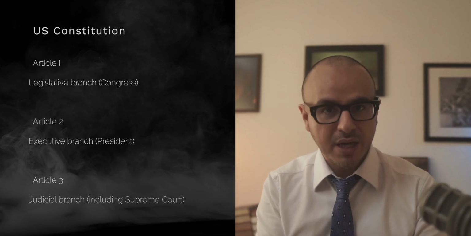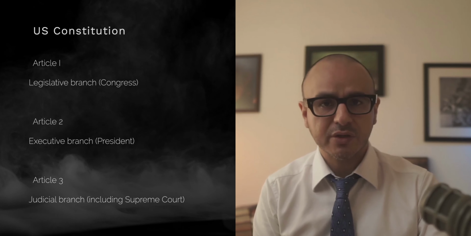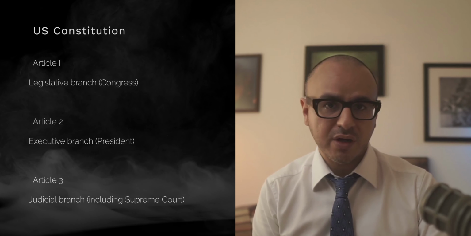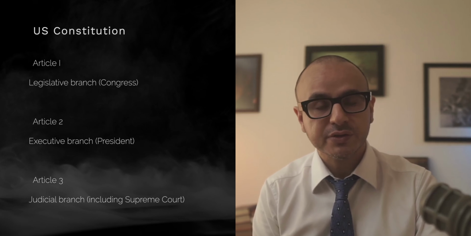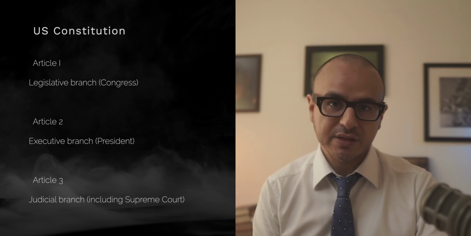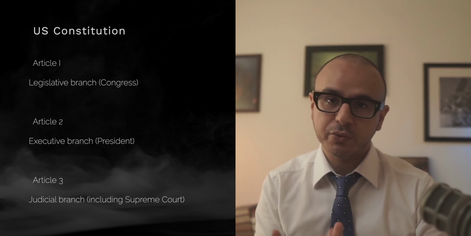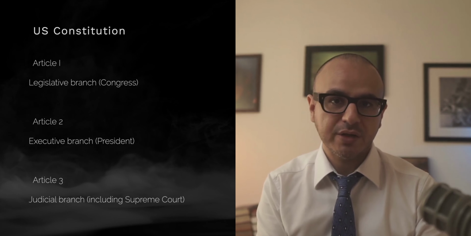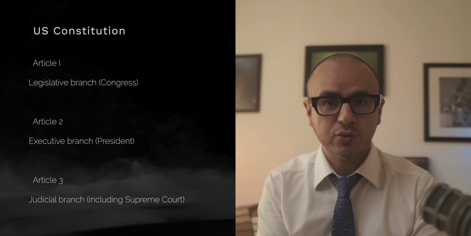A famous example, of course, is the Constitution of the United States. And the first part of that document establishes the main institutions of the US government. Article 1 concerns the legislature and provides for the establishment and functioning of the US Congress. Article 2 concerns the executive branch, focusing on the US president. And Article 3 concerns the judicial branch, focusing on the court structure and in particular the US Supreme Court.